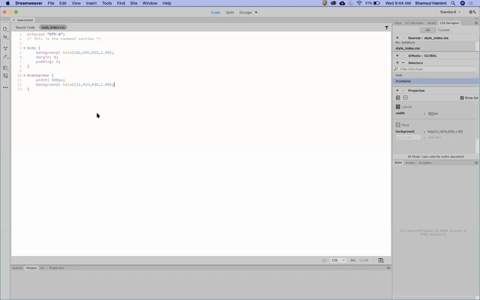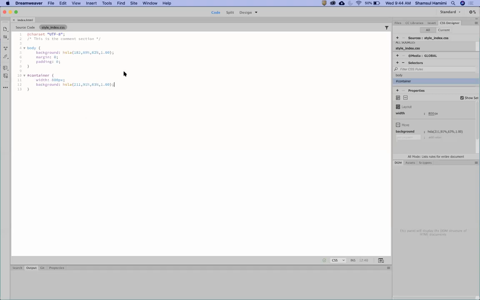But the height is like this because I did not set the height. What determines the height is basically the content. So I don't set the height in my container because I will allow the content to determine the height later. So let me go back to